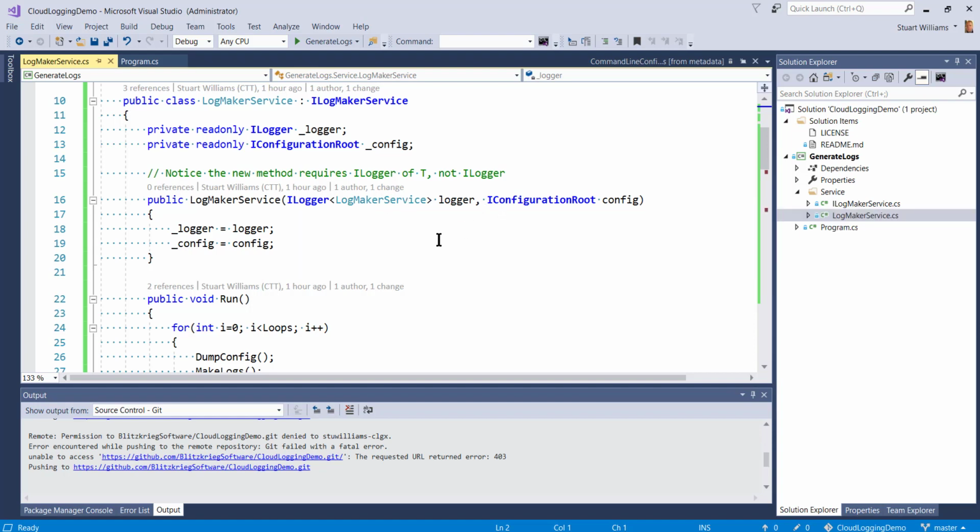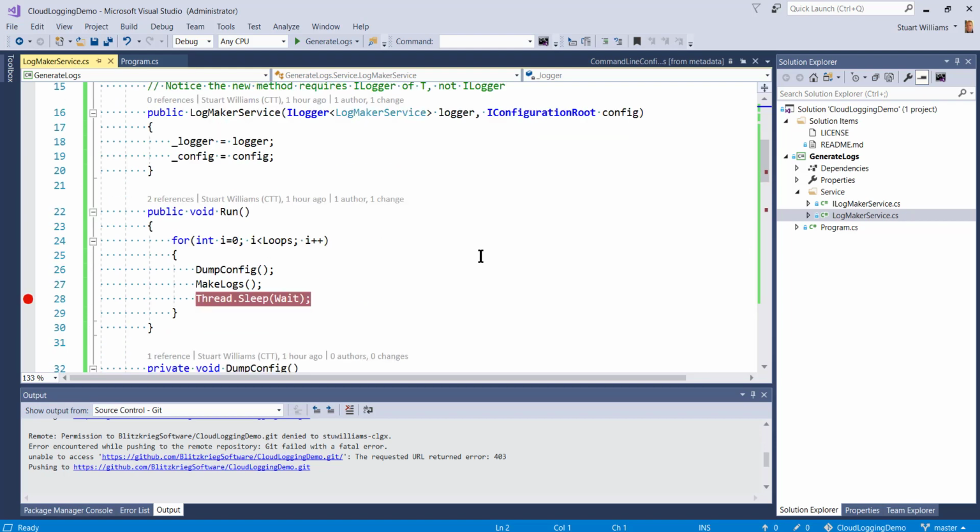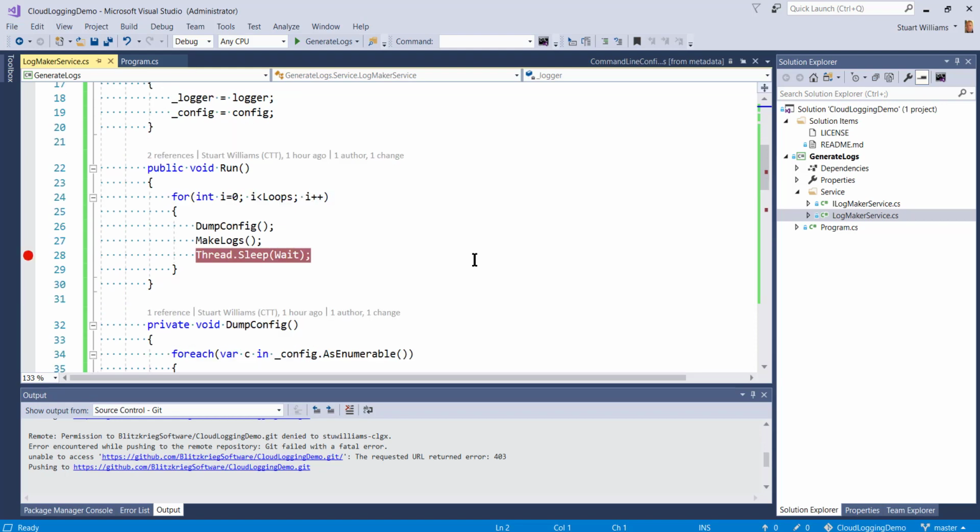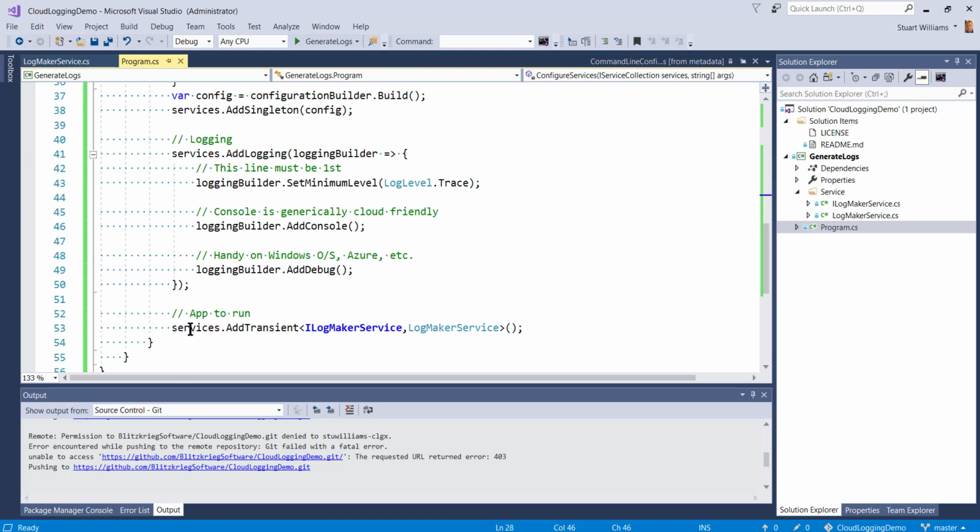You have to be specific, and the easiest way to be specific is to just inject a logger that you want to be of the class that the logger is servicing. We're also going to inject the root, put those into our class level variables, and then in the run method that we invoked from our program,